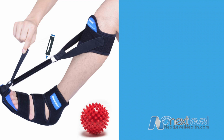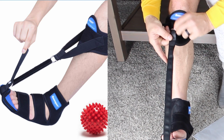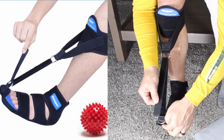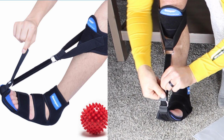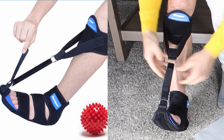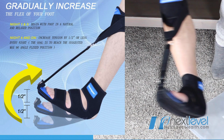And quite simply, what you're going to do is thread through the smooth side of that strap, not the fuzzy side, but the smooth side of that strap, through the top loop, the calf loop, and then you're going to come back down and around and feed that through the bottom loop that's at the forefoot of your foot. And then you can crank that tighter, and you'll notice it'll give you a substantial more amount of